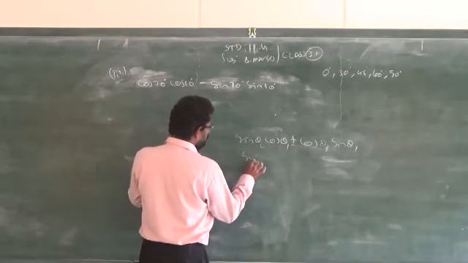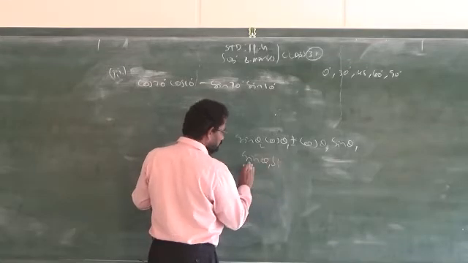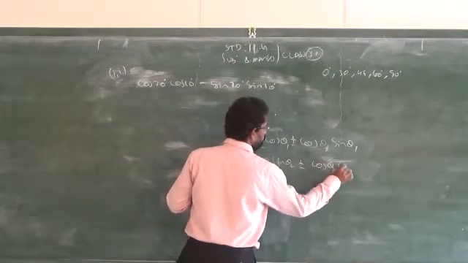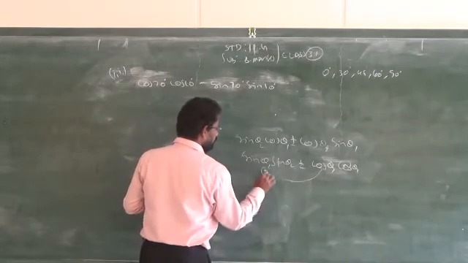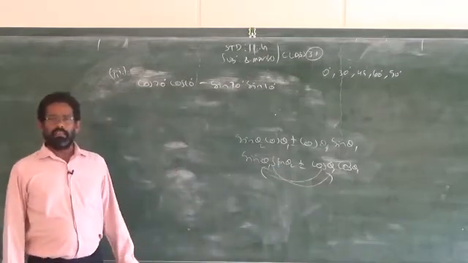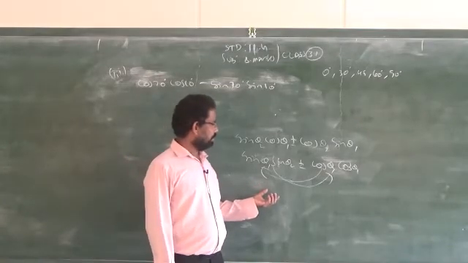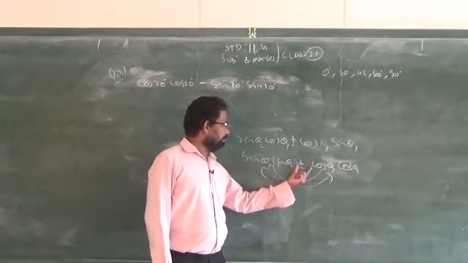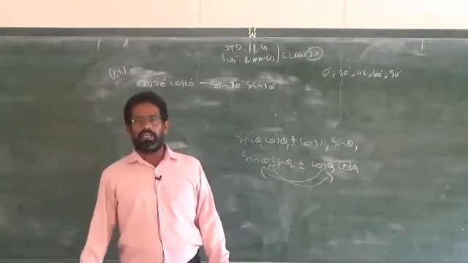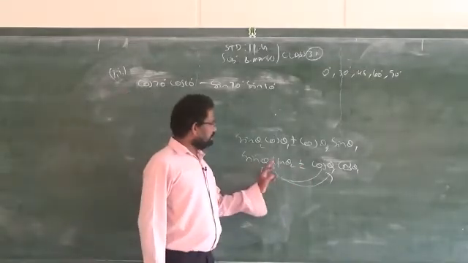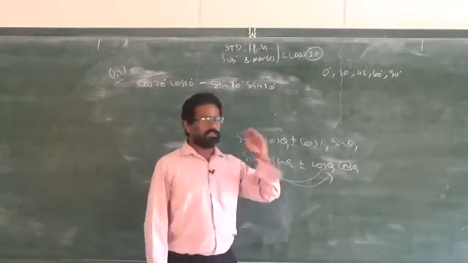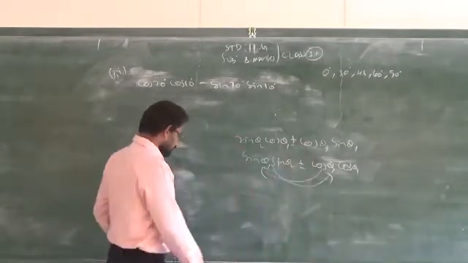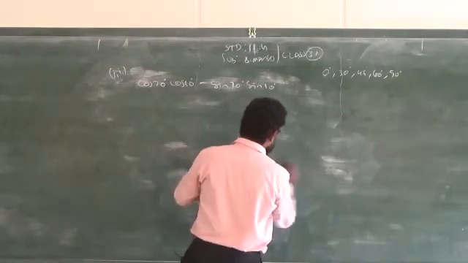When the same ratio comes under product format, the product of the same ratio, combination of plus or minus, with the help of plus or minus, then you have to remember cos A minus B, cos A plus B. The product of the same ratio with the help of the combination of plus or minus refers to cos A minus B. The product of the different ratio with the help of plus or minus refers to always sin A plus B or sin A minus B. So, be careful, memorize the formulas.